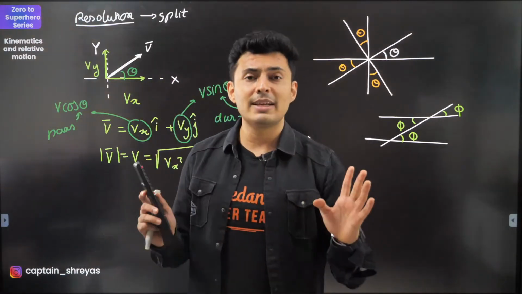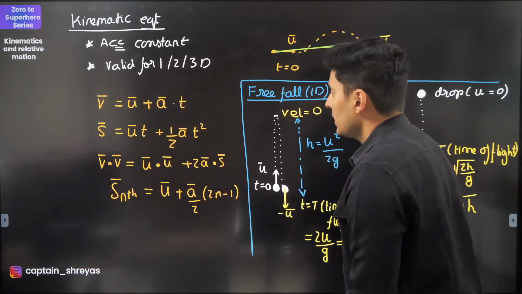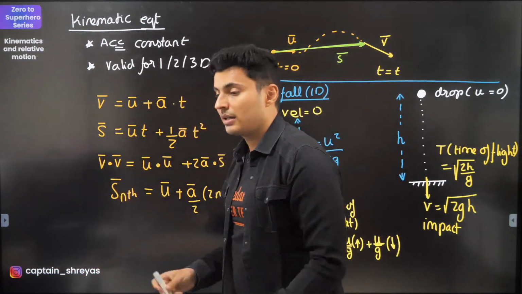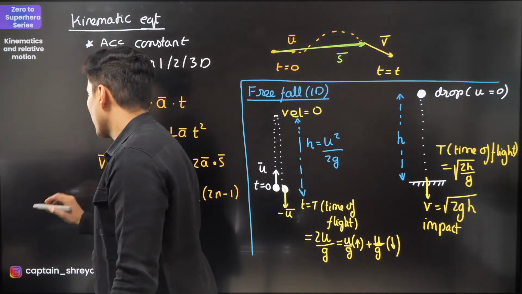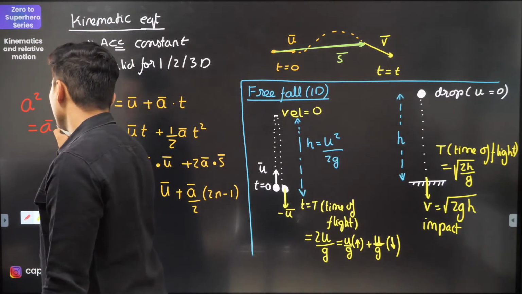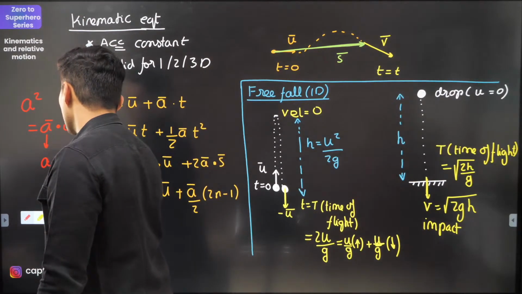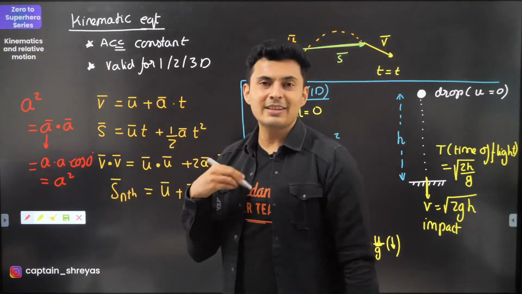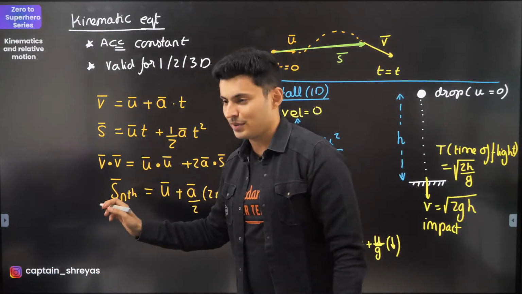Now, you should also be very well aware of the vector resolution. Okay, and the dot product. So basically the derivation is there. After you derive, this is what you get. So when you write v square or any vector square, what does it mean technically? See, if I say a square, if a is a vector, it means a vector dot a vector, because a vector dot a vector is basically a into cos of 0. Cos 0 is 1, so that's why it becomes a square. So actually speaking, v square is v dot v, u square is u dot u. So that's how it comes actually.